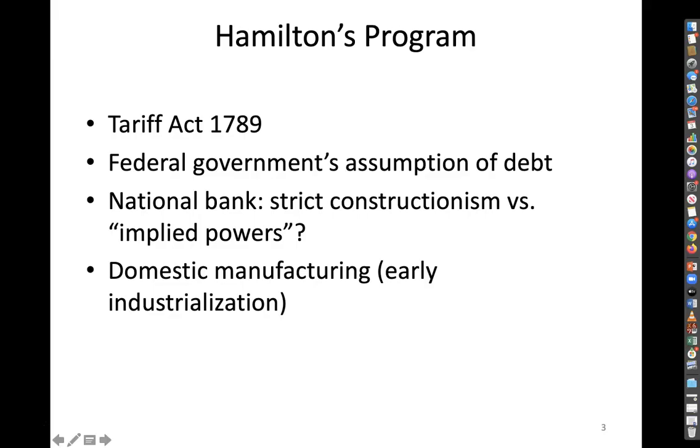In contrast to the Articles of Confederation, whereby the central government did not have the power to levy taxes, as we noted, this is a different case with the new Constitution. In fact, as we also noted, it was the first power delegated to Congress. We noted that when we looked at the enumerated powers, that is to say, Article 1, Section 8 of the Constitution. So the irony is clear here.